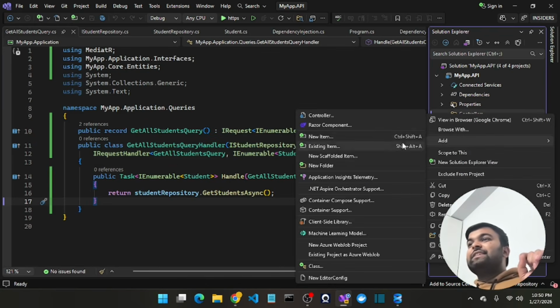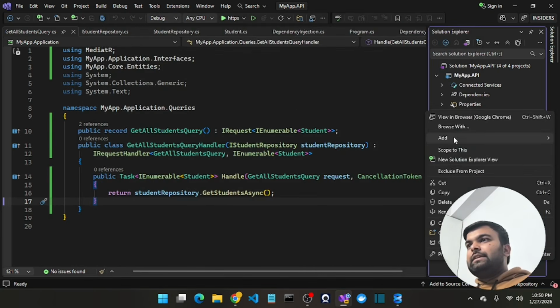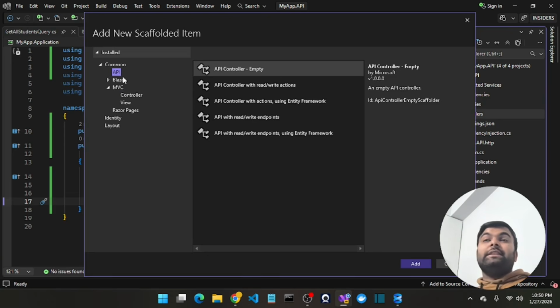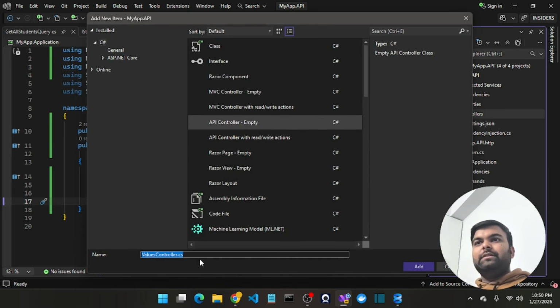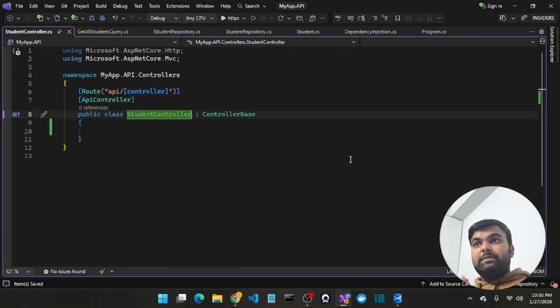So first I will add the controller at the API level. Add the controllers, and that's it. Thereafter you will see the pop-up box, and in the pop-up box I will select the API controller. Just click the add button, and I want to add here a StudentController.cs. Very good. Now please keep in mind that this is a very crucial step that we are going to perform here. Okay,